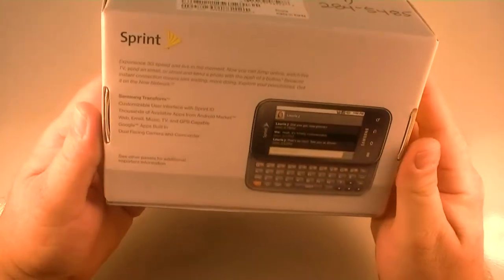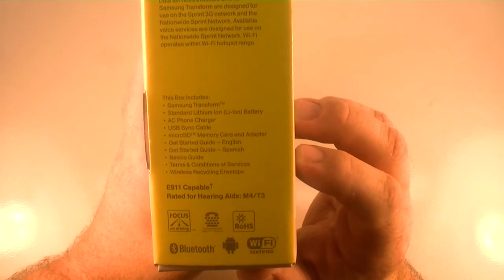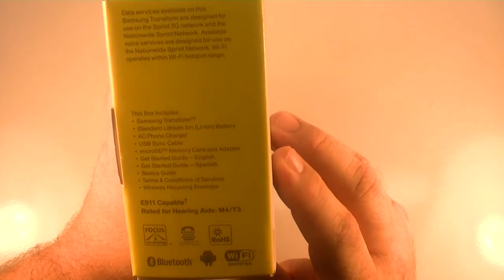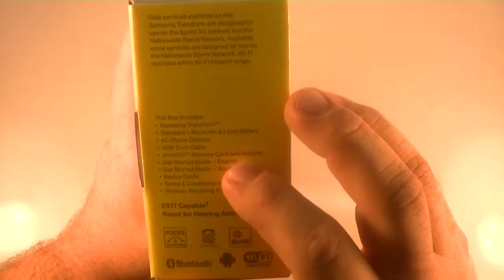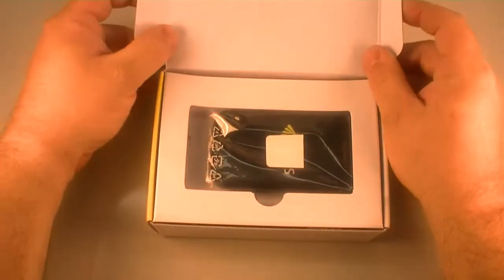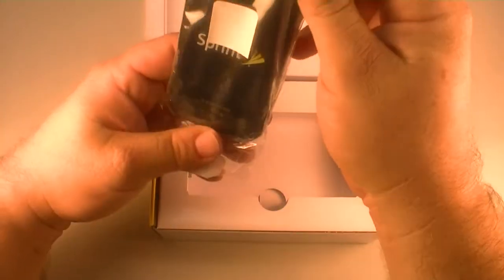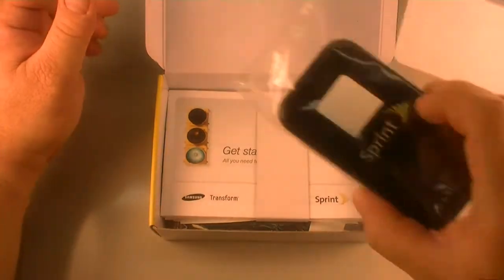Before we pop in there, let's see what they say is in here. The Transform, 1500 milliamp hour battery, AC charger, USB cable, micro SD memory card and adapter, and the junk. So anyway, let's bust right up into it here. It's probably been pre-seated with a battery and everything because this came from Sprint's PR. We have the device there, as you can see,